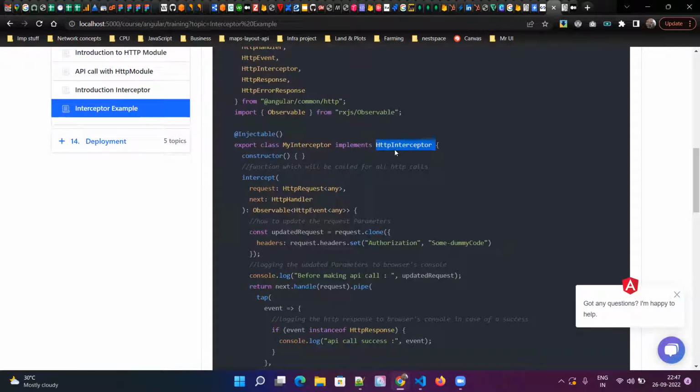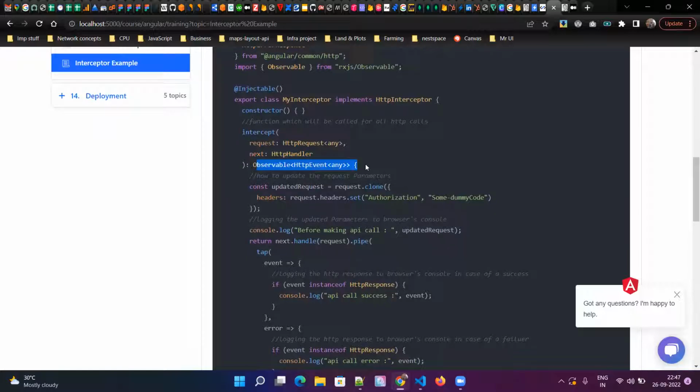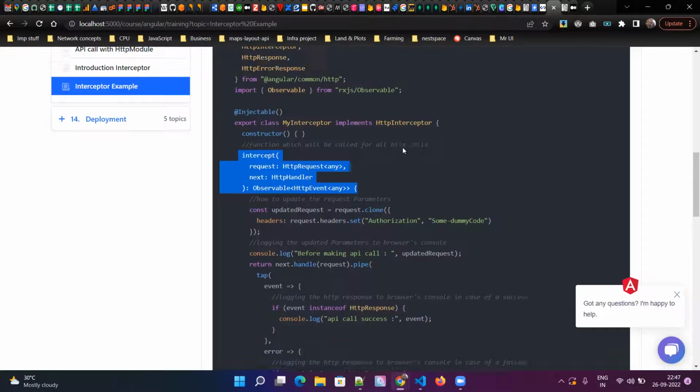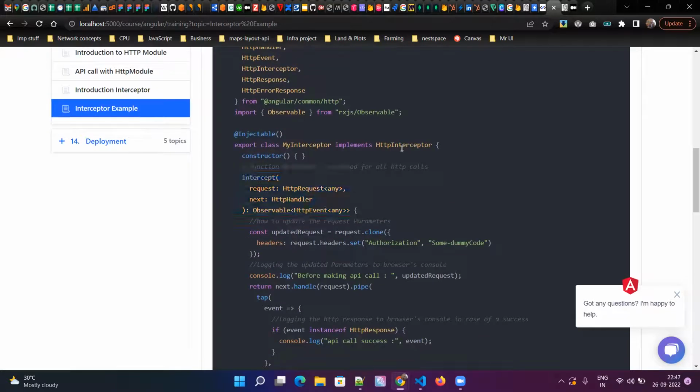And because you are implementing this method, we have to provide implementation for the intercept method. This is the two parameters we get here. One is the HTTP request and the second is the HTTP handler, and it will return an observable. This is the signature added by the Angular CLI itself, because it has the HttpInterceptor as interface. So this interceptor has this method, and we are providing implementation for that method here inside our